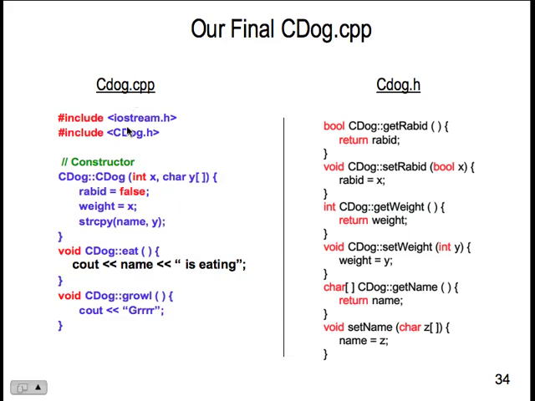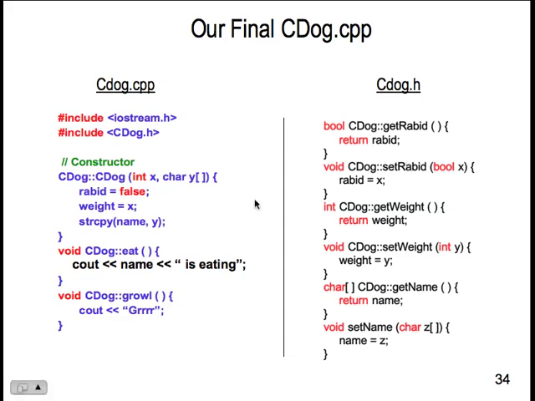CDog.c++ has the constructor, and we've got cEat and cGrowl, and the implementations where we have CDog, where we've implemented it. We can also implement it in the .h, if we know that the behavior is going to be the same, along with the specification, and not actually have to make our user re-implement it